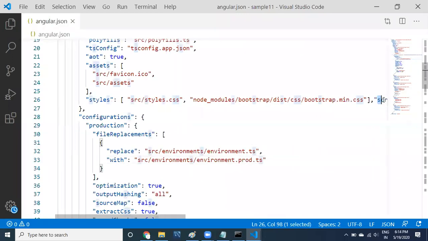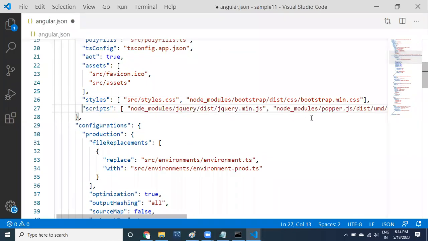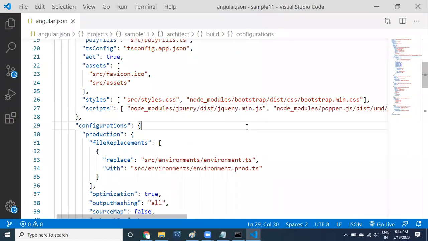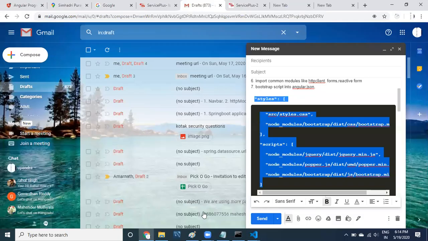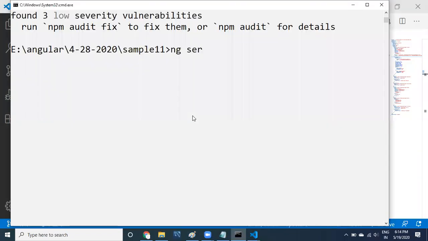Okay, fine. So these two steps we have done.